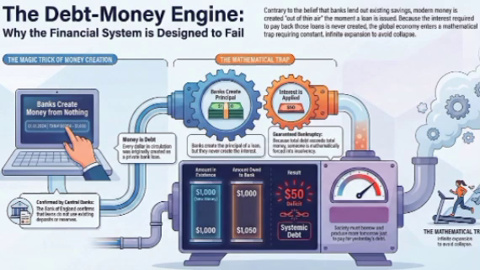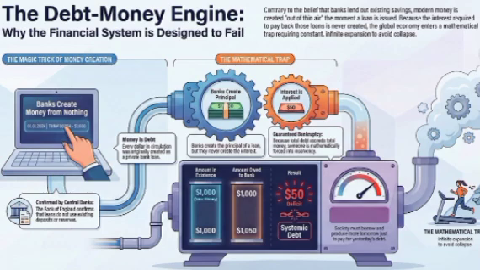So imagine you sign a contract for a $1,000 loan. The bank executes the balance sheet expansion we just talked about. Keystrokes. Oh, right. $1,000 is credited to your account. But the fine print of the contract dictates that you owe the principal plus interest. Let's say you owe a total of $1,050. This is the mathematical paradox that hides in plain sight.